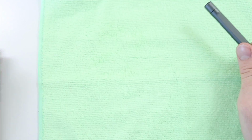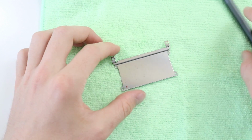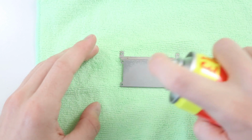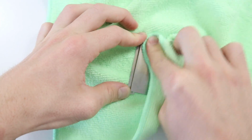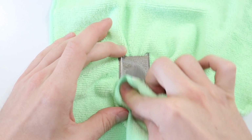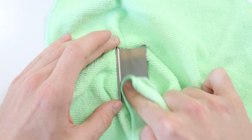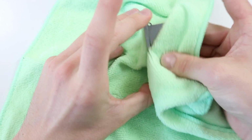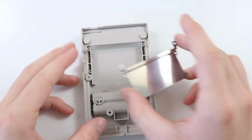Okay, there we go. And then the other thing we need to do, I didn't do this on camera before, I undid this little piece here, which covers up the Game Boy slot. Let's just go ahead and give it a little clean. That's another thing about Mr. Sheen as well, because it's a polish, it will do a number on this. I would suggest, if this is really, really bad, either replace it or you can use a bit of Brasso, which is just like an actual metal polish, and that's a bit more abrasive than Mr. Sheen, so we'll actually get rid of pitting and other bits of rust and corrosion. Okay, pop that back in there,